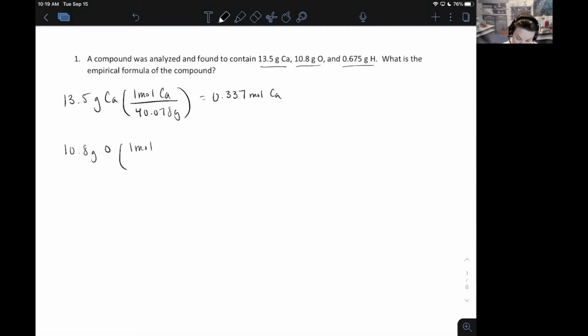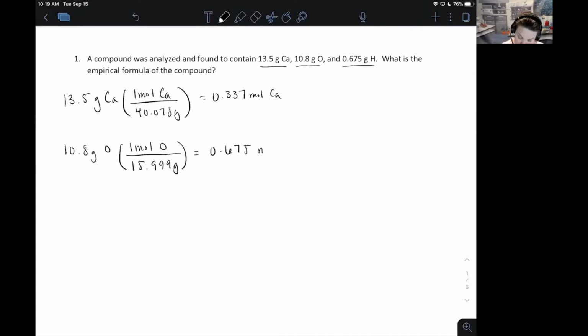And then we'll do the same thing for our oxygen, 10.8 grams of oxygen, 1 mole of oxygen, and this is atomic oxygen, not molecular oxygen, so it's not O2. Keep that in mind. So we're going to use what's exactly on the periodic table, our 15.999. That's how many grams are in 1 mole of oxygen atoms. So we take our 10.8, divide by 15.999, giving us